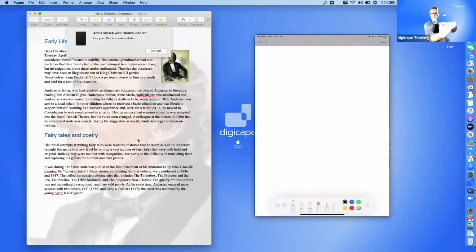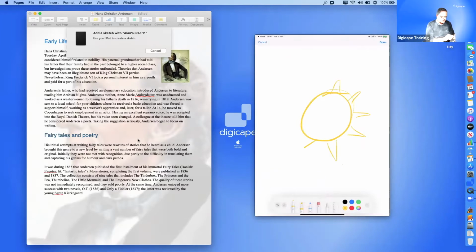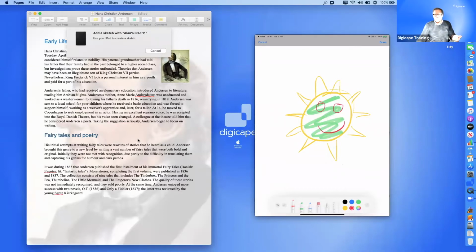And I don't know if you can see in the camera here, I can't really see it very well. I now have the ability to do some drawings. So let's make it a little thicker. You can see I'm a highly trained artist. Let's give it a little green fill, green sun, with a happy face. Okay. Now, when I'm finished, I tap Done,